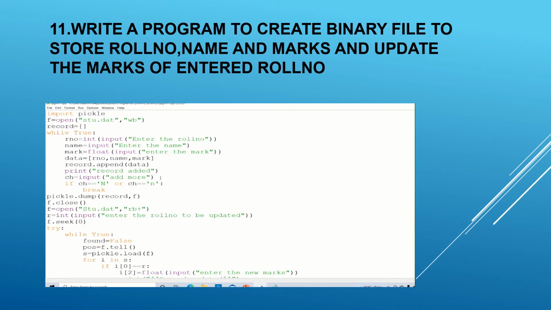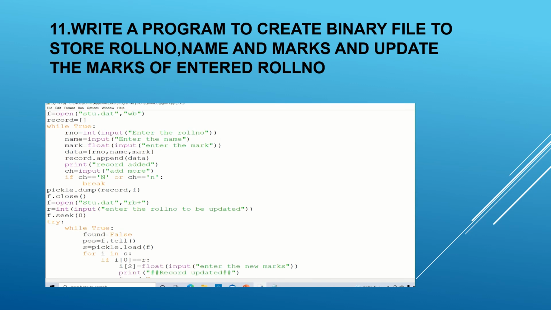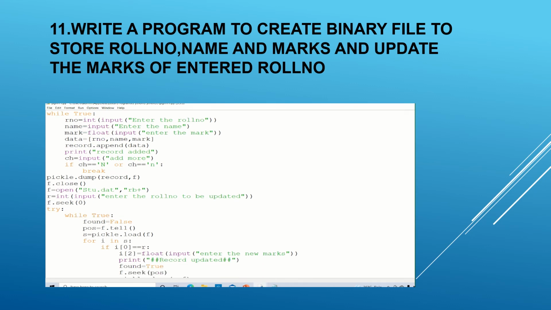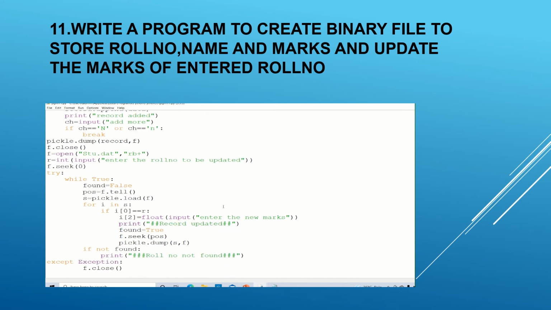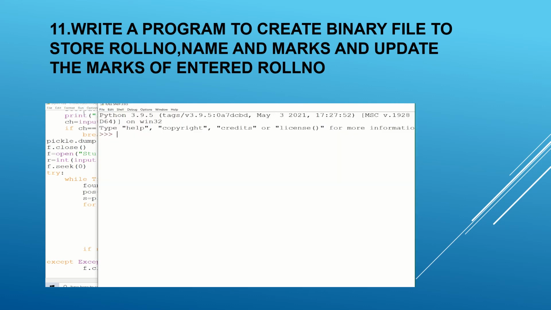Now we are moving on with the next one, that is creating the binary file and updation of the marks. That's what we are having over here. So here we go with the same as the first one. That means here we are entering the marks and details, and then we are using the dump function to record it. Next we wanted to update the mark, meaning here we put seek, moving to the 0th position, first position, and then we find the current position of it by using the tell function, then the load function for reading it, and while reading we are checking whether the roll is equal to the roll number. If it is equal to the roll number, we will be updating the marks of it.